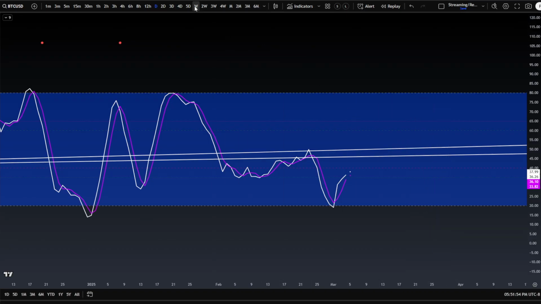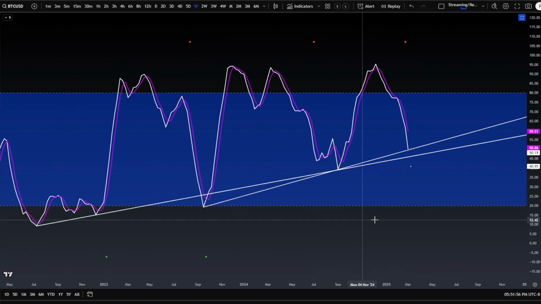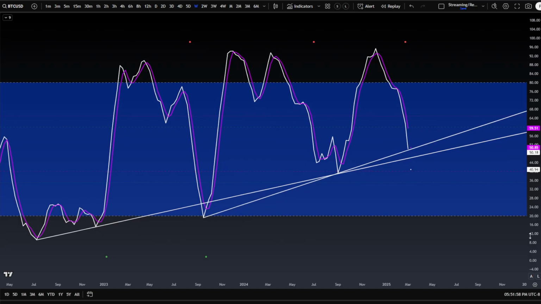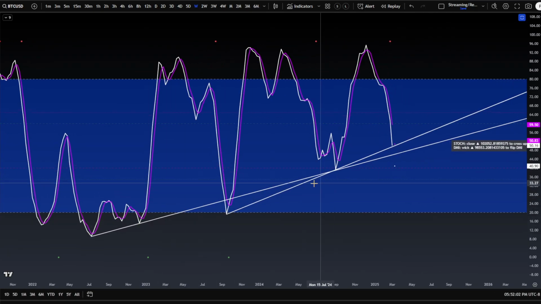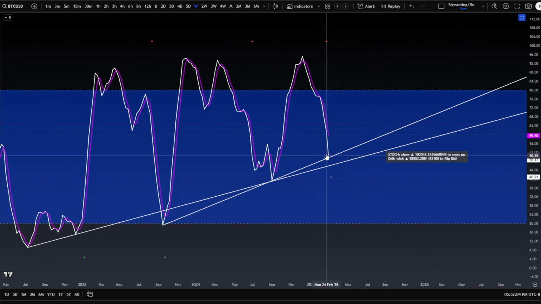Let's go ahead and look at the weekly here as well. I want to note that this would not be a good signal. There is a little bit of mean reversion as a zone here. If it does turn out to be a green candle by the end of the week, it could maybe dig itself out from here. Not looking likely right now as price is heading down, but we'll monitor this throughout the week.